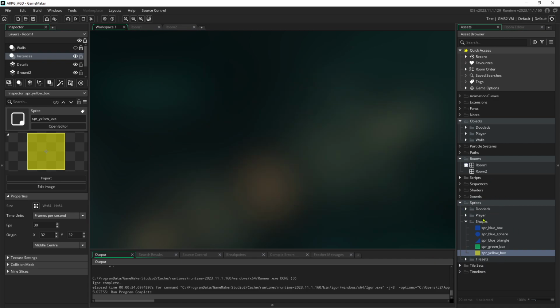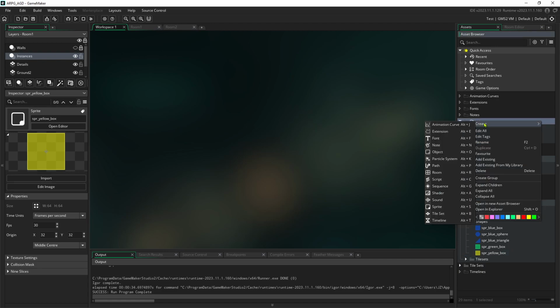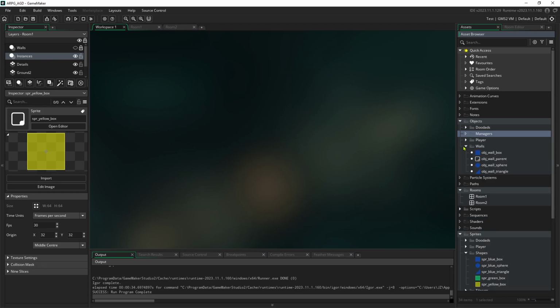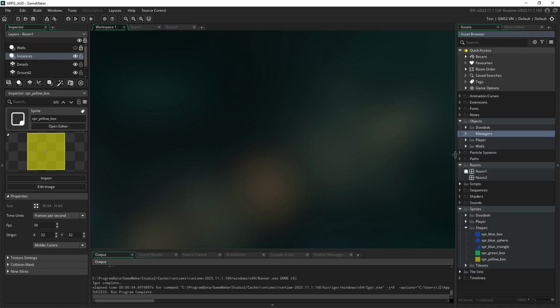All right, so we're going to turn these into objects. So under objects, I'm going to create a new folder called managers. I can't think of a better term for it, but these are things that manage the game state. Invisible development tools, similar to what we did with the invisible walls, but designed to control things. So inside of this,